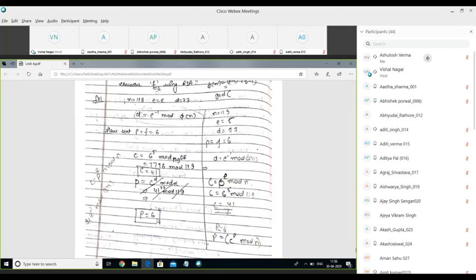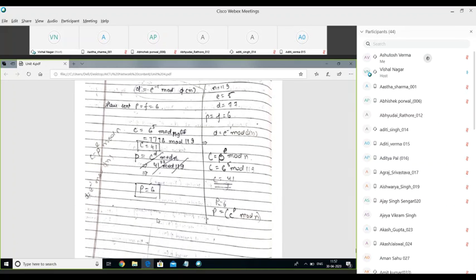And if you want to clarify it, take some other value of d or n, and you will never get the plain text p in the original form. So this is how the RSA can be implemented and demonstrated. So this is about RSA, and this is how the demonstration over the RSA can be done.